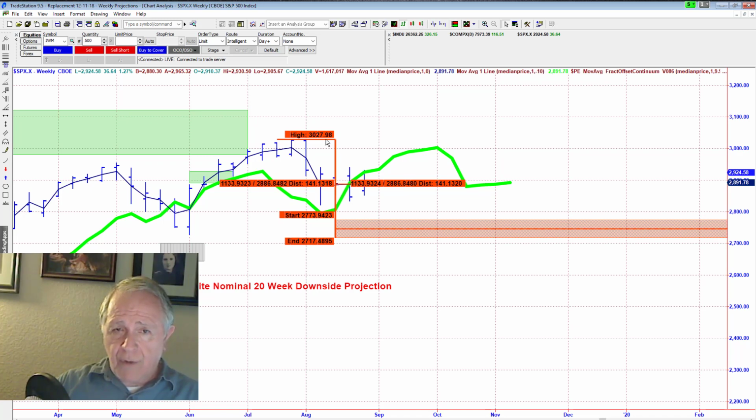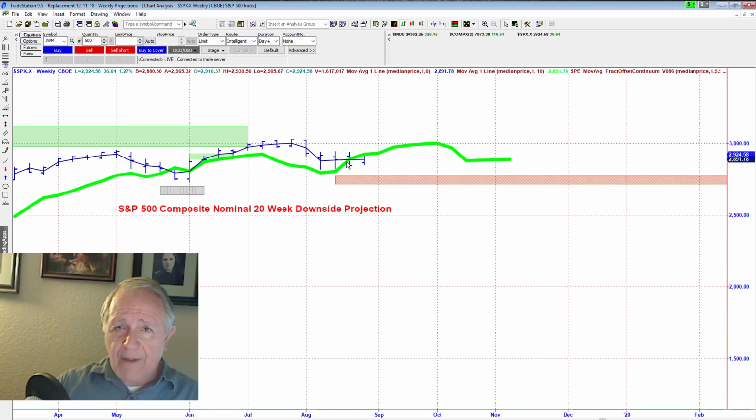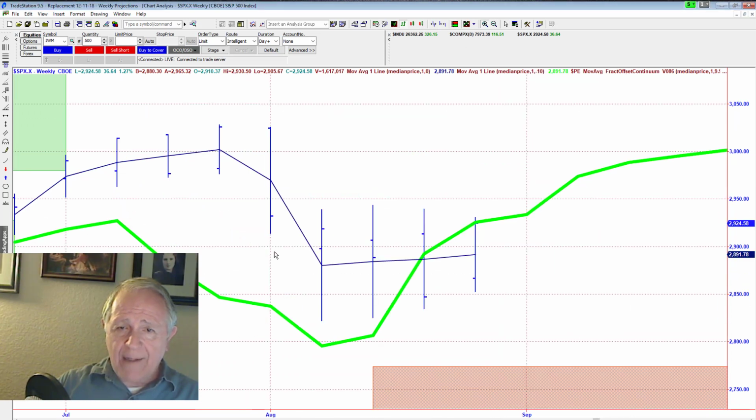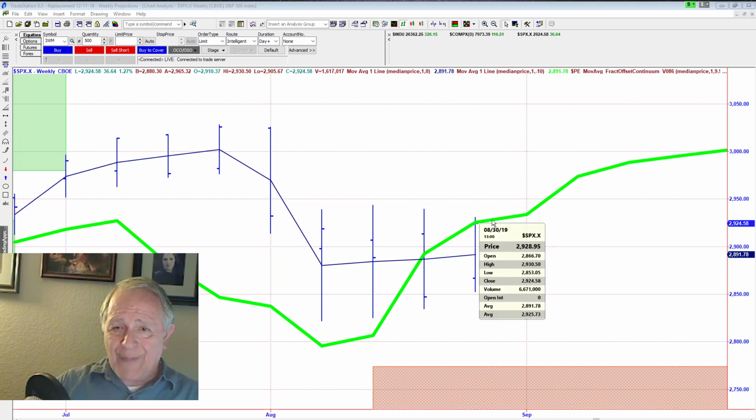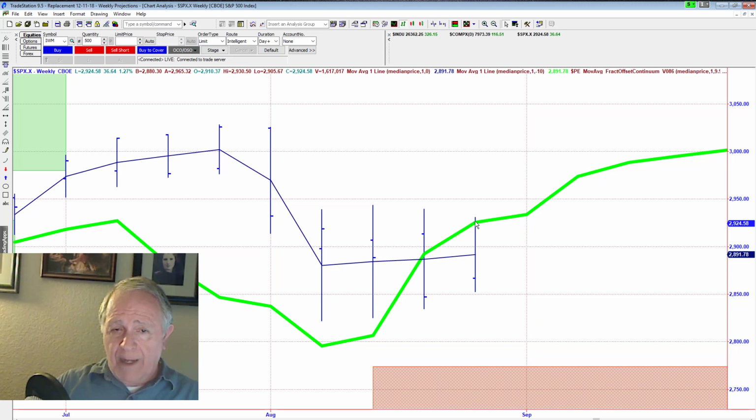And we also told you that the only way that that could be invalidated was by prices getting back above the projection, the offset line. Well, the offset line is right around the 29.30 level. That's the green line right here. This green line, by the way, is offset to the right 10 weeks. So if you go forward 10 weeks from here, that will show you where the green offset line is, offset 10 weeks forward in time.